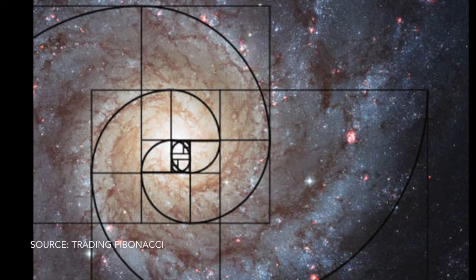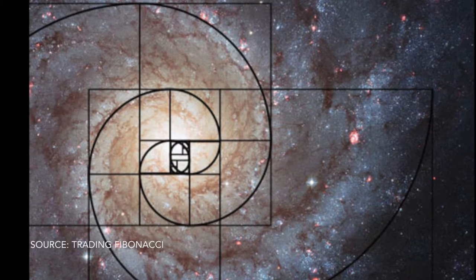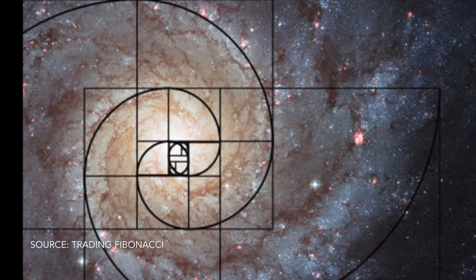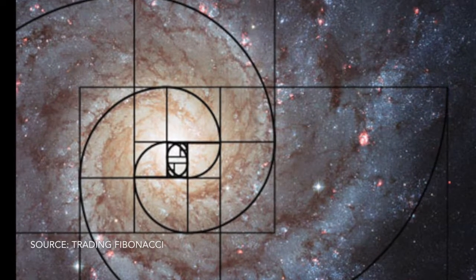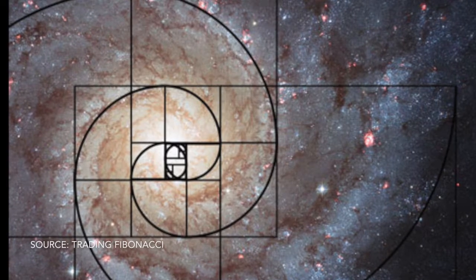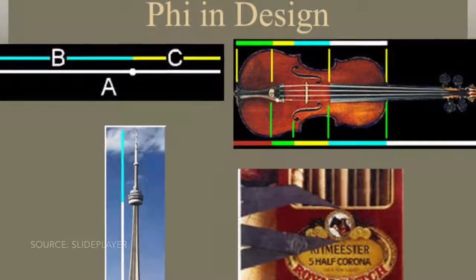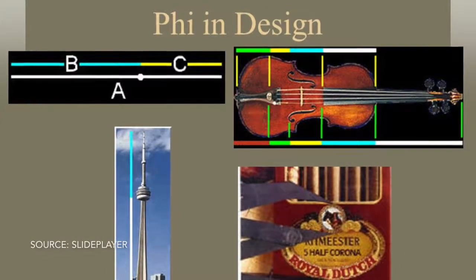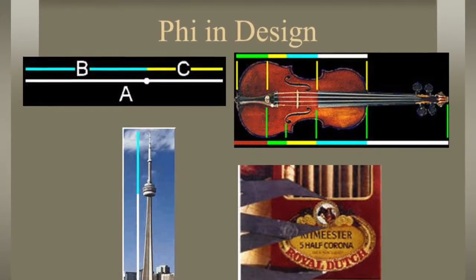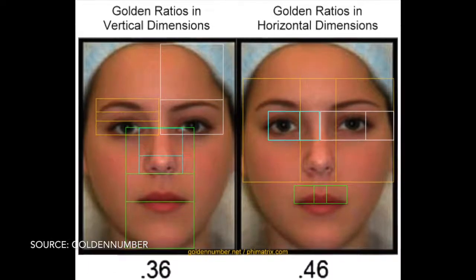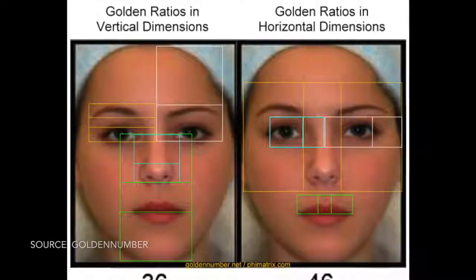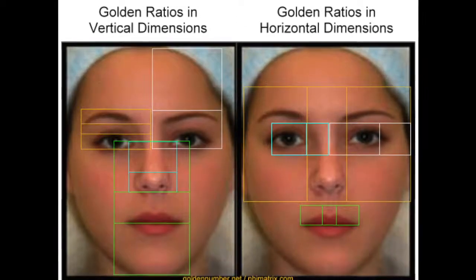Curiously enough, we even find the golden ratio relationships in our solar system and universe. NASA released findings in 2003 that the shape of the universe is a dodecahedron based on phi. Designers and artists of all groups consciously use the golden ratio today to make their work more appealing. Phi is even applied in both facial plastic surgery and cosmetic dentistry as a guide to achieving the best results in facial features and appearance.